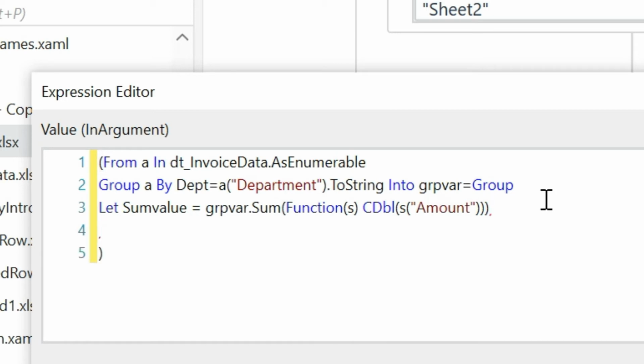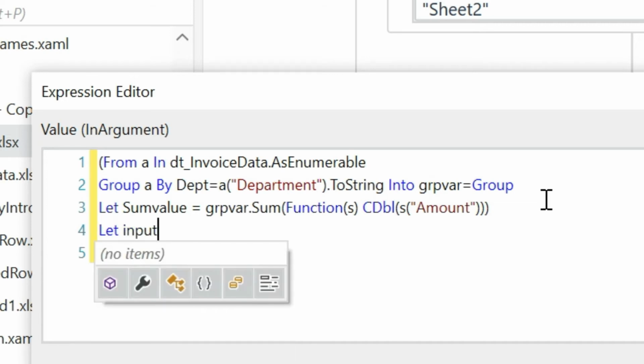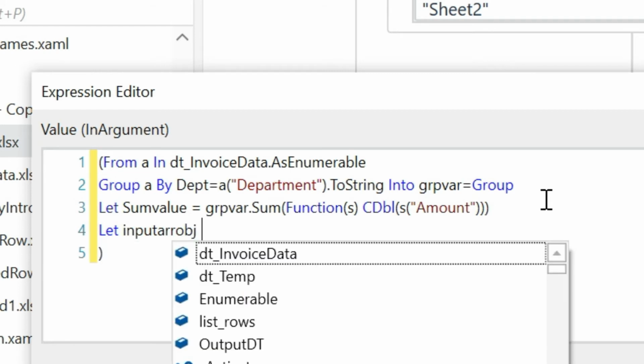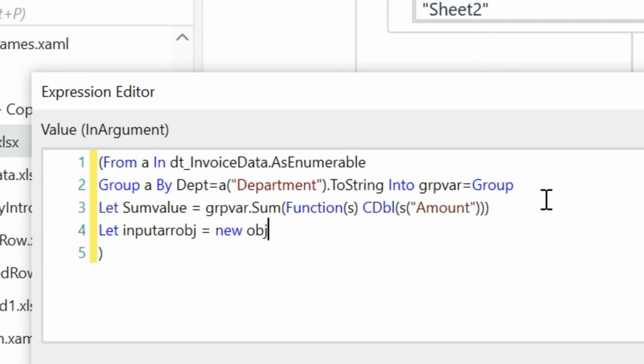Now I am going to create an array of object using the same let operator, equal to new object. You can add an array of object.